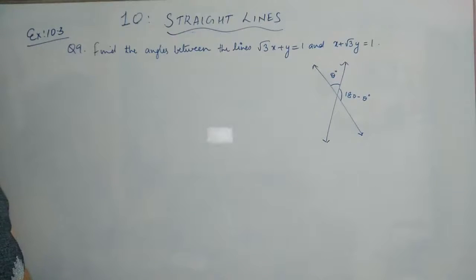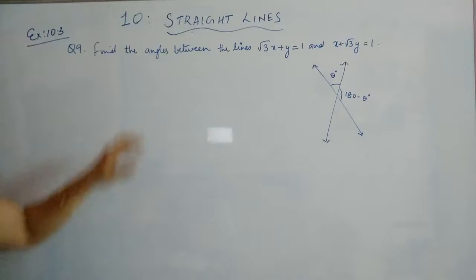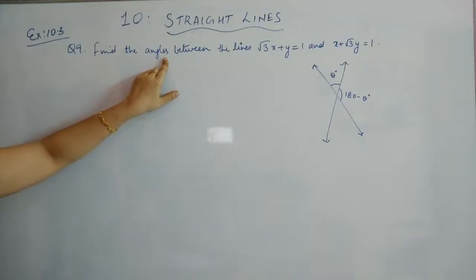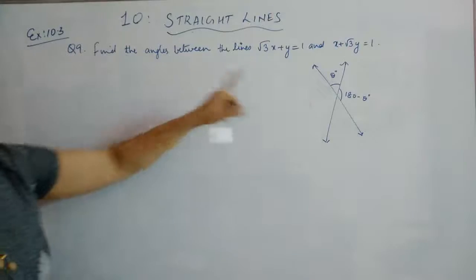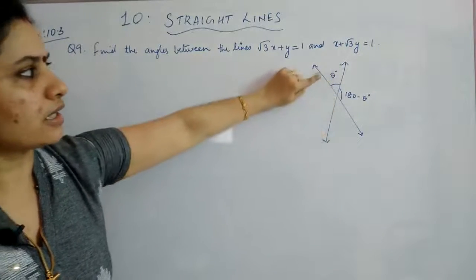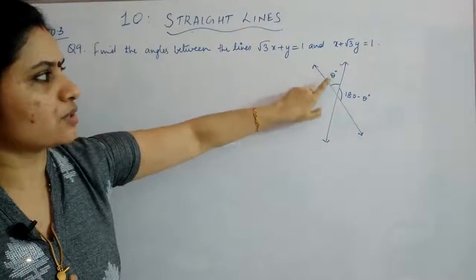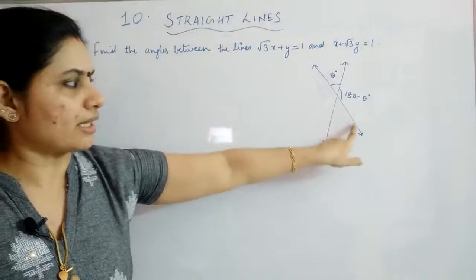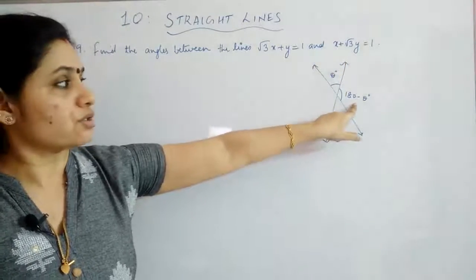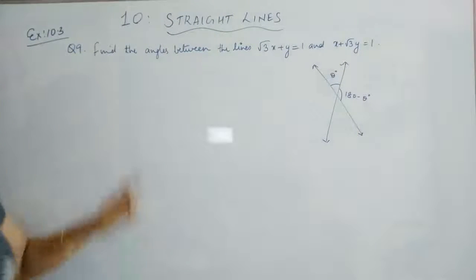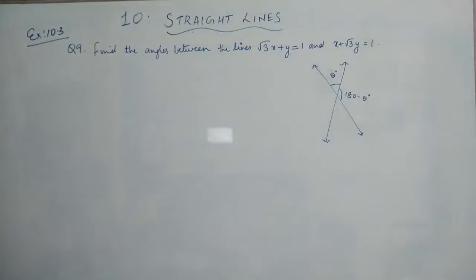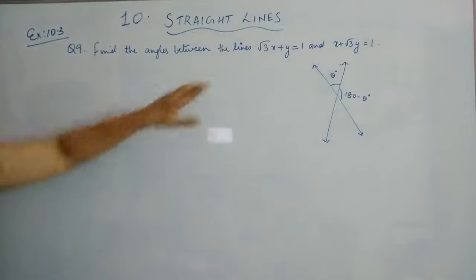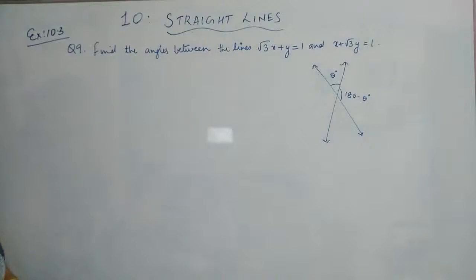So when they say angles, how can we get angles? Two lines are there. If one angle between these two lines is theta, then here we will get another angle also, and that will be 180 minus theta. So we have to find out both. Let's start with the lines and find out the slopes of those lines, which will help us find the angle between them.